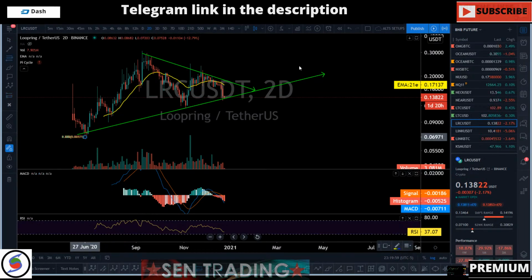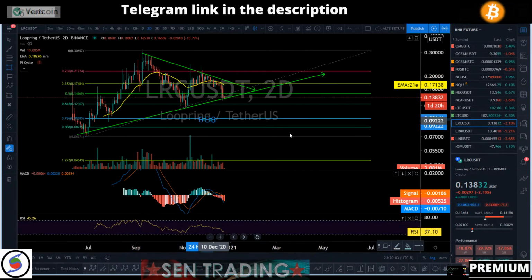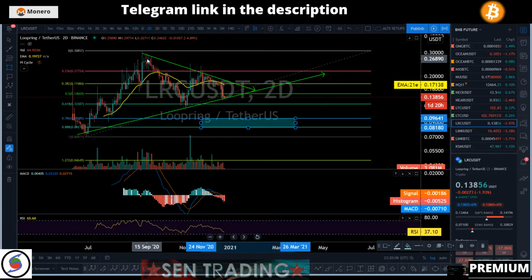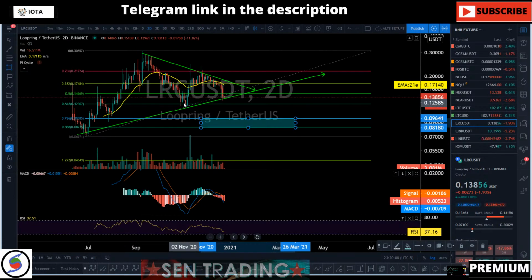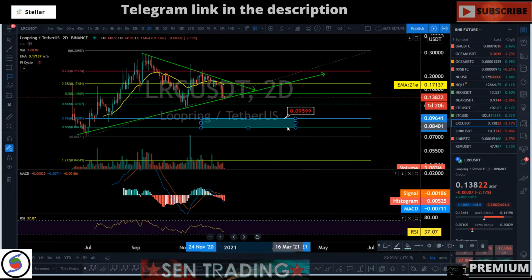Let's just do our fib retracement. The thing is, right, it did already drop down to 50% and pump back up to like 0.236. So the next level to look for is not 0.618. It is going to be just about 9 cents to 88 cents, which is like 0.786 to 0.888, right? That's what I would look for if you're spot buying it.